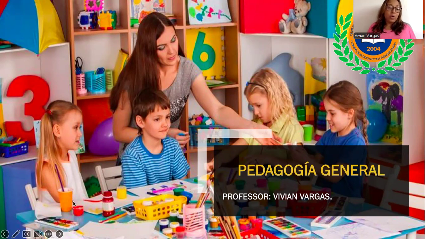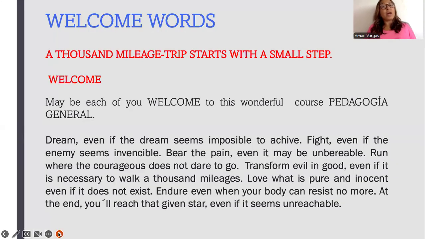Now, what we are going to do is going to be the following. First of all, as always, we have the welcome words that remind you that whenever you want to start something, as big as it is, you have to start with small steps. And it's inviting you not to give up, okay? The whole text is telling you that what you do is going to be rewarded and that you can continue fighting, doing what you have to do, even if you're tired, in order to get what you want to get.